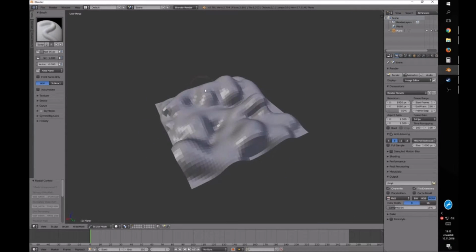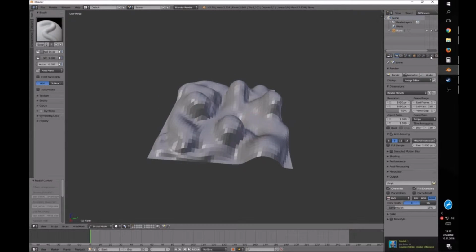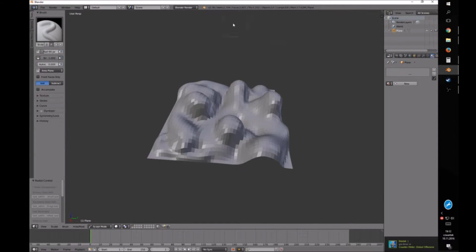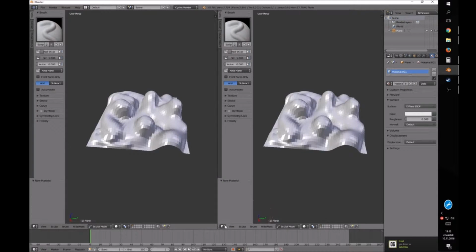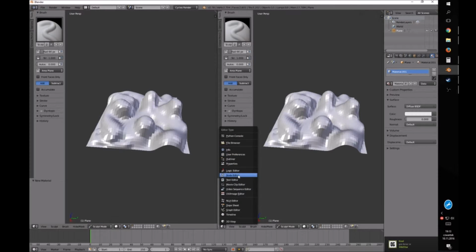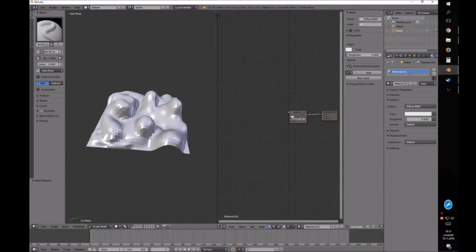So after you've done it, let's add a new material. But first, I'm doing it on Blender render, so I wanted to switch it to Cycles render because I want to use the node editor. So let's add some material first, switch to the node editor, and now